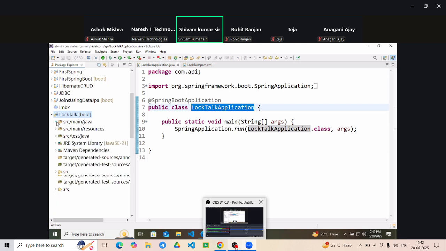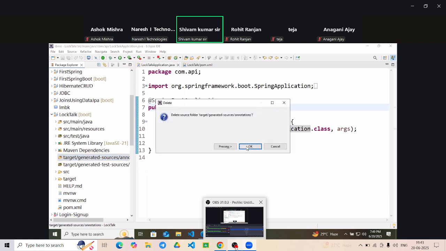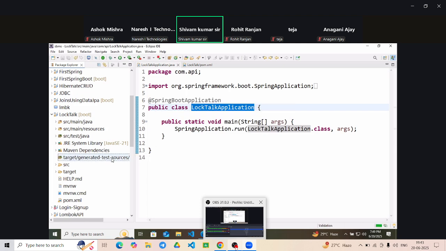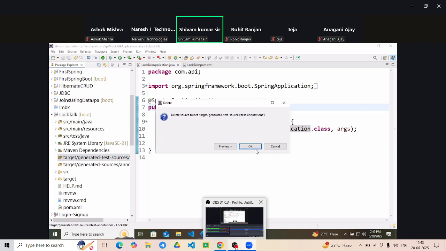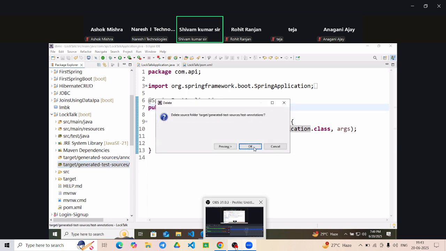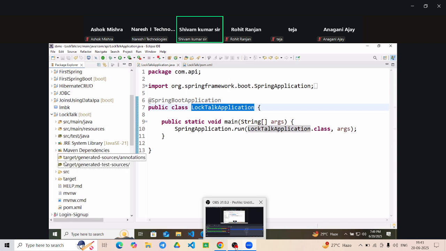Second thing, here you will see something as target and generated, two folders. Delete these two folders. These two folders are coming because we just did the build section. They will not affect your application, so you can just delete both of them. They are like empty ones, so they will not affect anything. The next is,